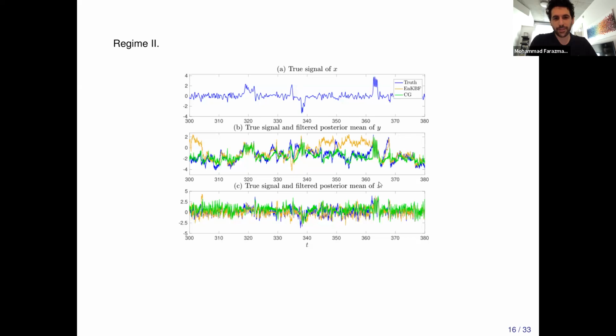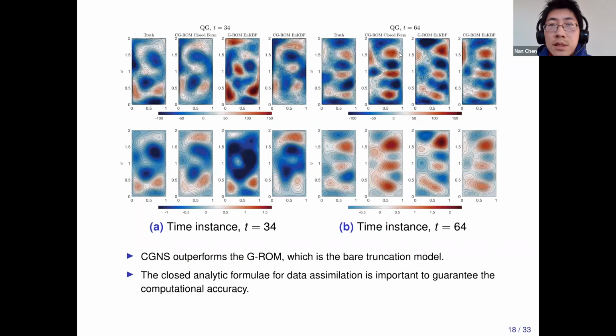But I was asking particularly about an example where I think it was a couple of... Yeah. I have another. You mean this one, right? Yeah. Here you use the fourth column. You use conditional Gaussian ensemble Kalman filter. Right. Here, yes, we use the ensemble method. Basically, we want to check what's the difference between using the closed form and the ensemble method. And yes, here we use the ensemble method, but we use a large number of ensemble members.